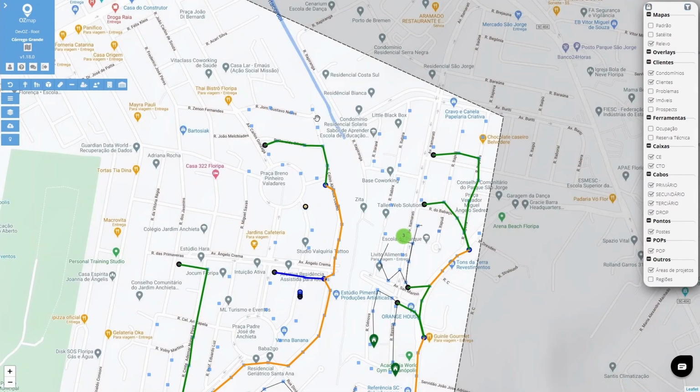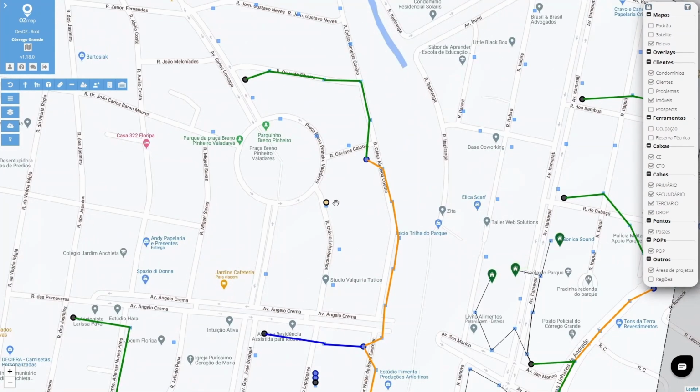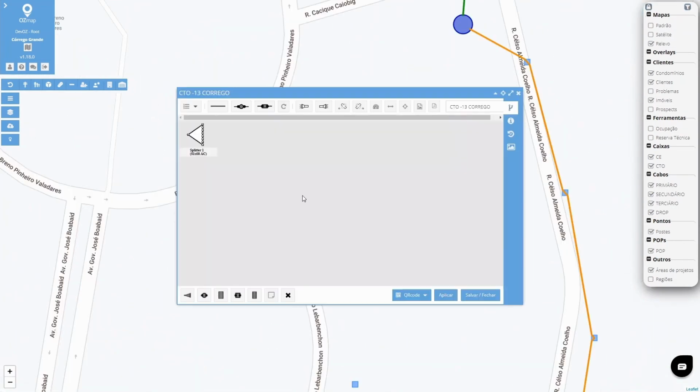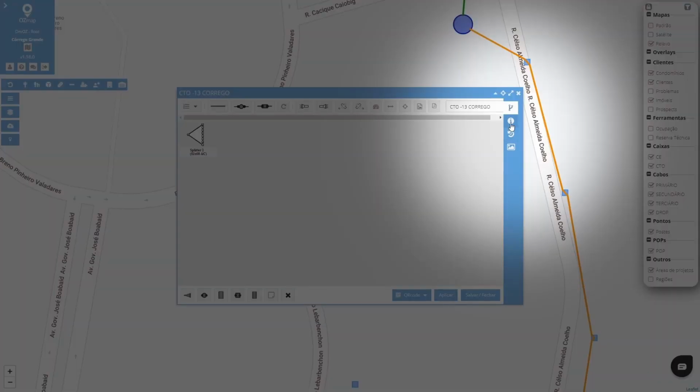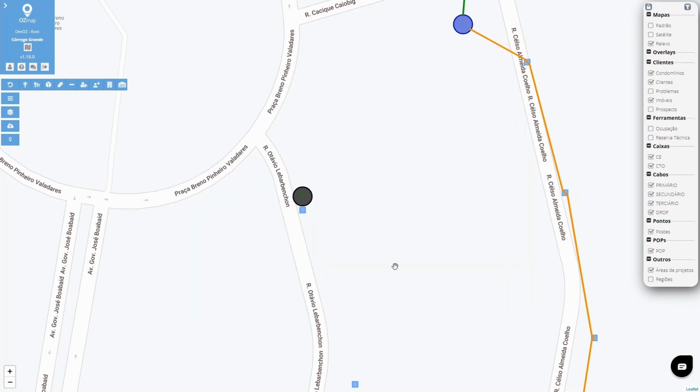By clicking on this saved box, you can open its information and change the name, implantation status, and certification. So, I'm going to click on the box here, the diagram will open, and I'm going to click on the information here in this right-hand side menu, and I can change all the information I put in earlier. Here, to show you, I'm going to change the implantation in the box to implanted and certified, and I'm going to click on Save and Close. As you can see, I've changed the color of the fill and also added this correct symbol, which means it's